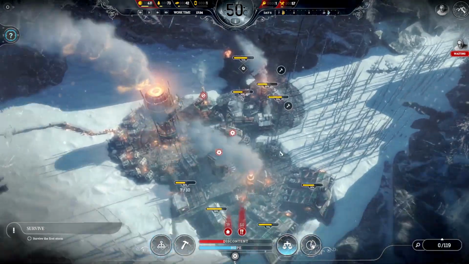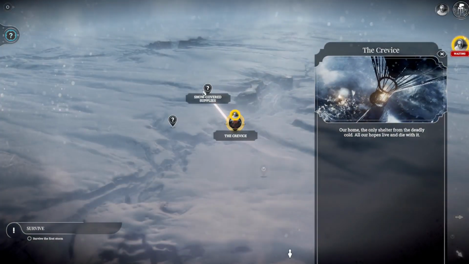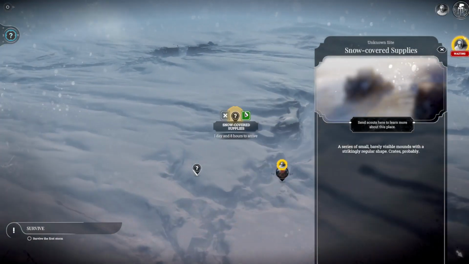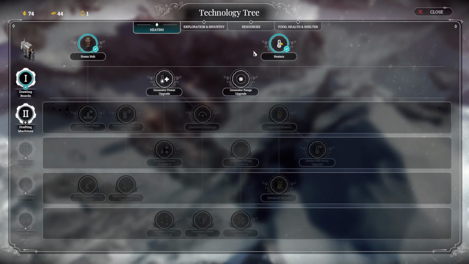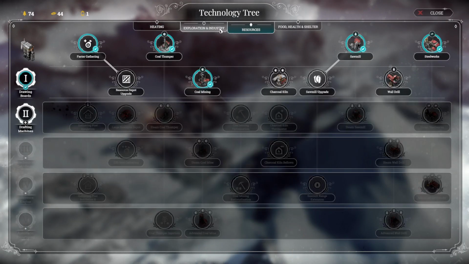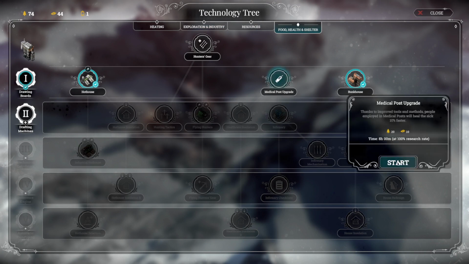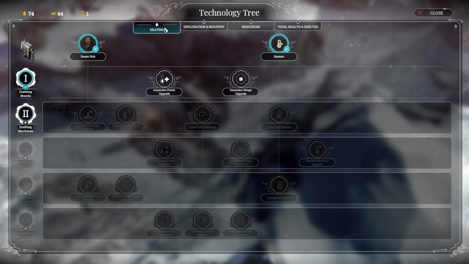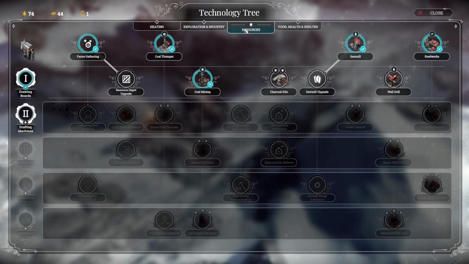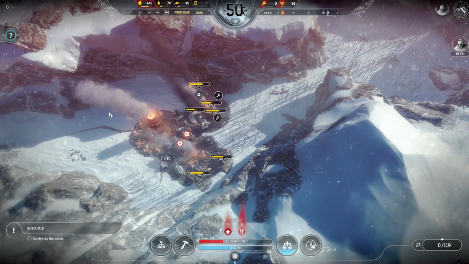I feel like we've got a good setup here now, and hopefully this should be the way that we can deal with most things. I kind of want to go for the snow-covered supplies next, which should be good. And in terms of research, I mean, I could go for more power. I could go for more scouts. I could go for the medical post upgrade. I could go for drafting machines very, very soon. Given that we've got heaters and we're not actually going to get much colder for a little while, I think I'm going to save it until...